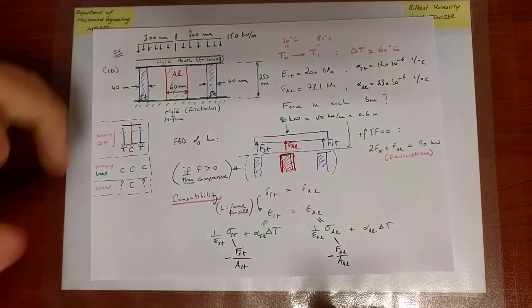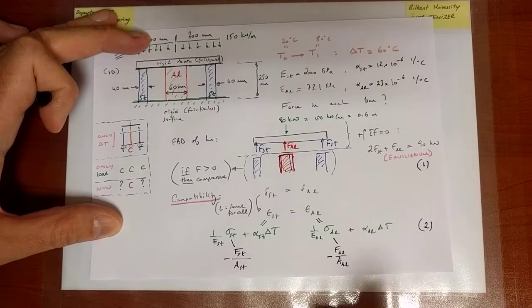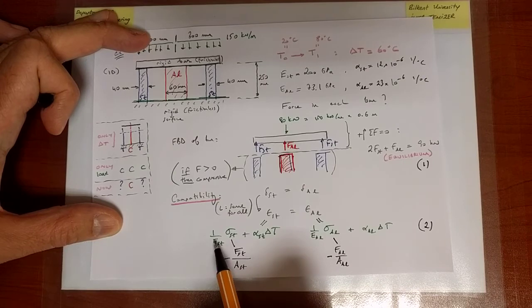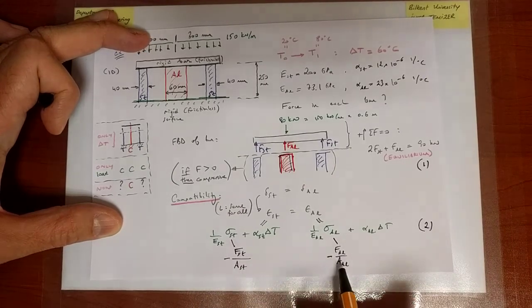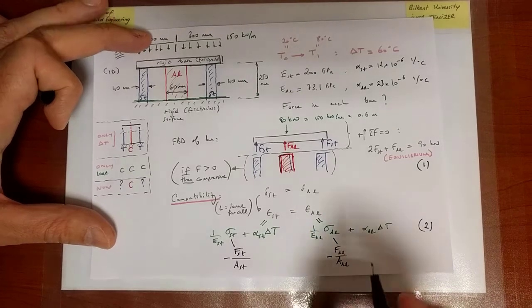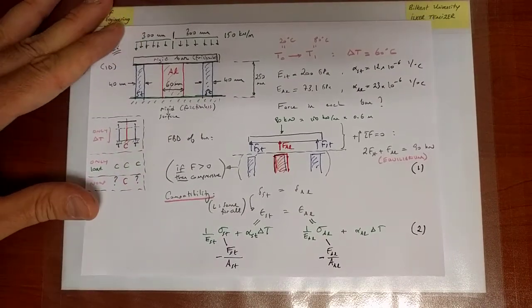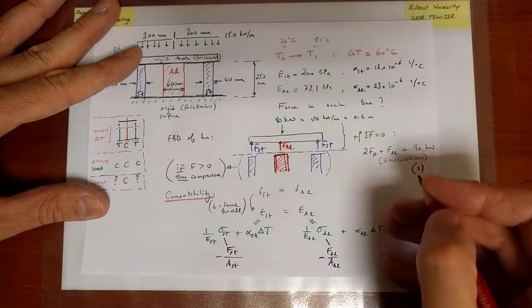Why is this another equation? So that's my equation number 1. This is my equation number 2. Well, because the Young's moduli are known, the areas are known, the temperature change and the coefficients of thermal expansion are known, and so now I can go ahead and solve the problem and determine that